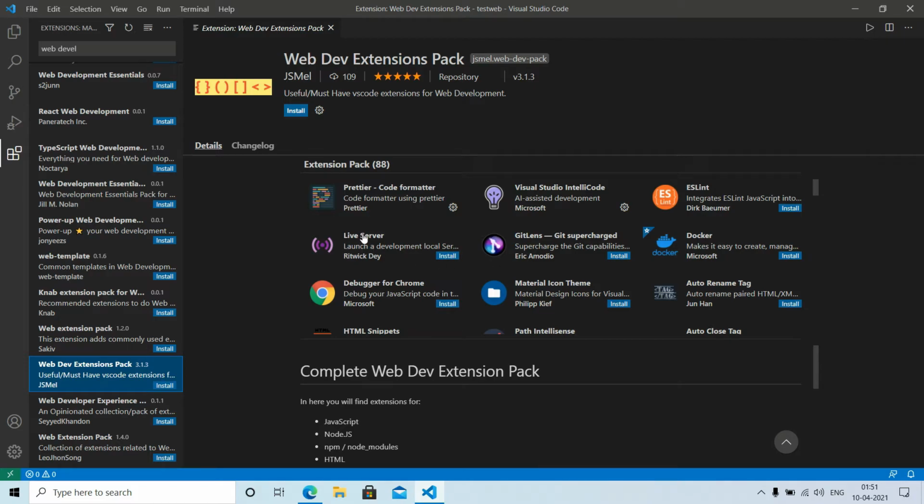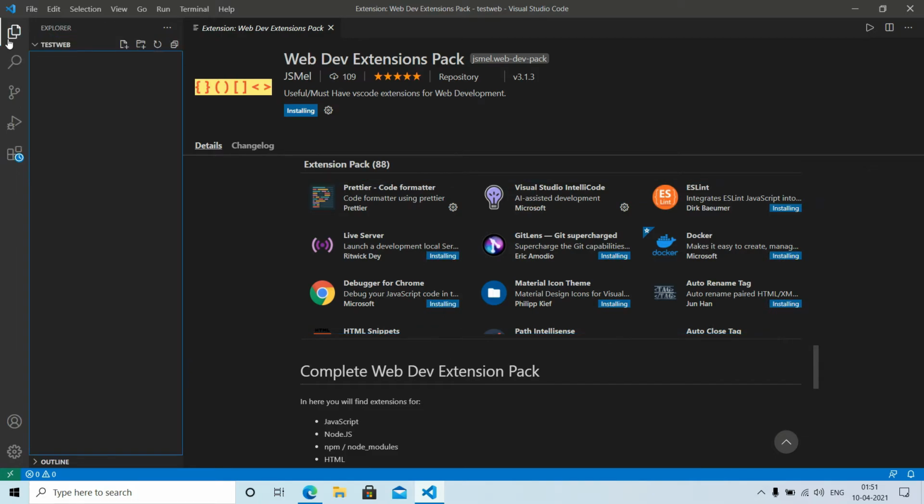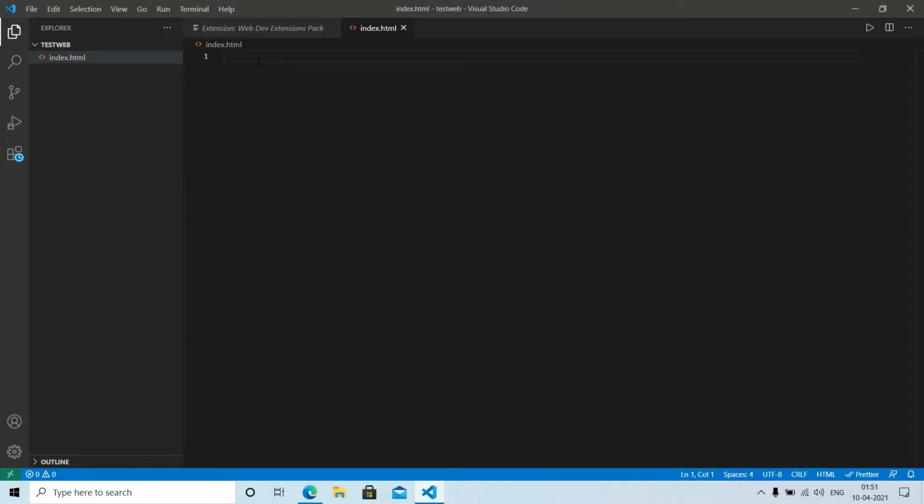This Live Server is the most important extension. It enables the functionality of live reloading. Let's hit install. This may make your PC a bit slower while installing. Your PC may get stuck if you are a bit low on specs. Let's play with HTML till then.